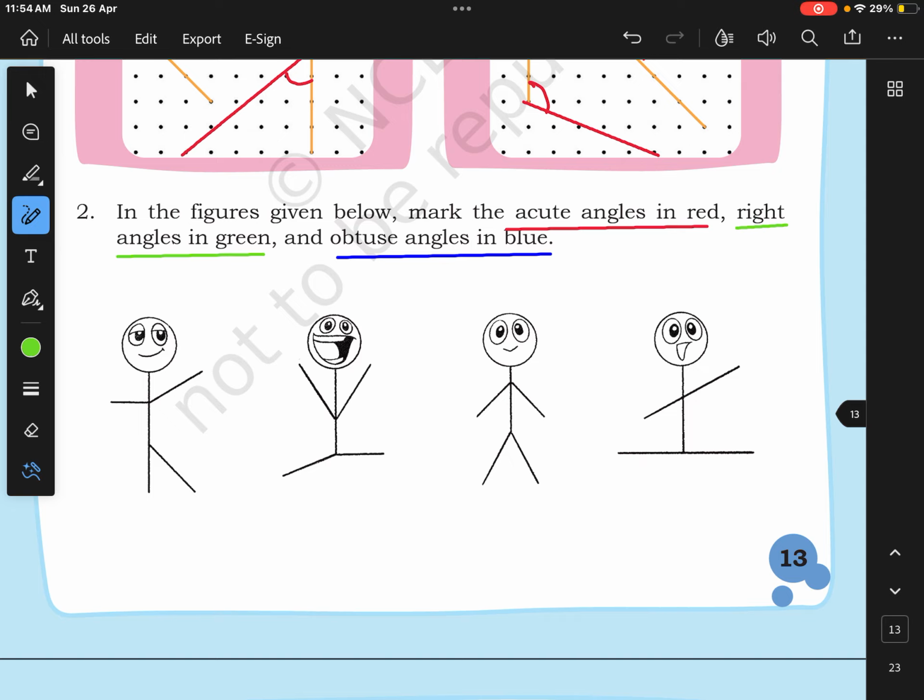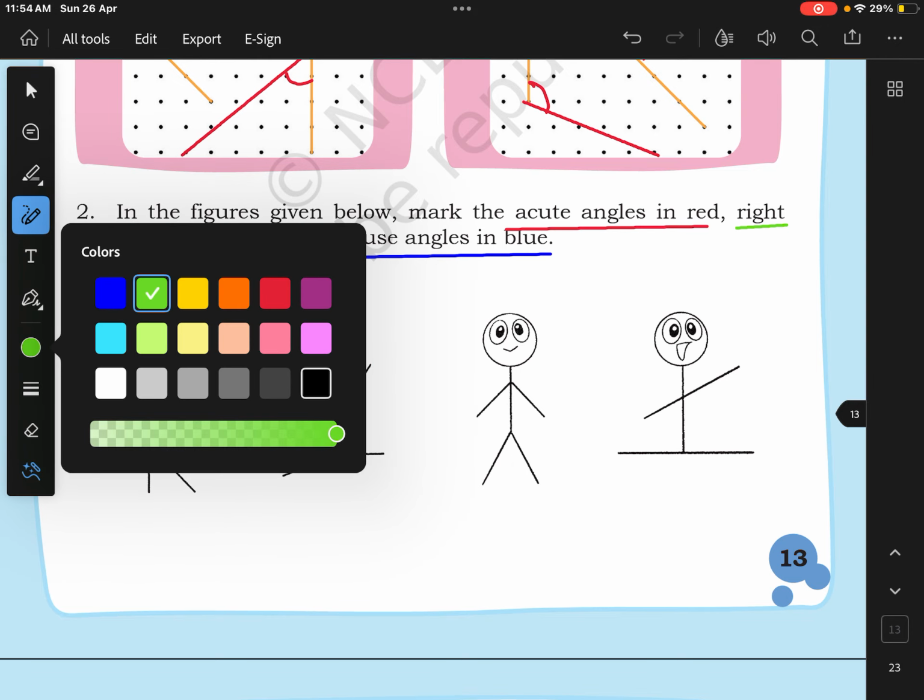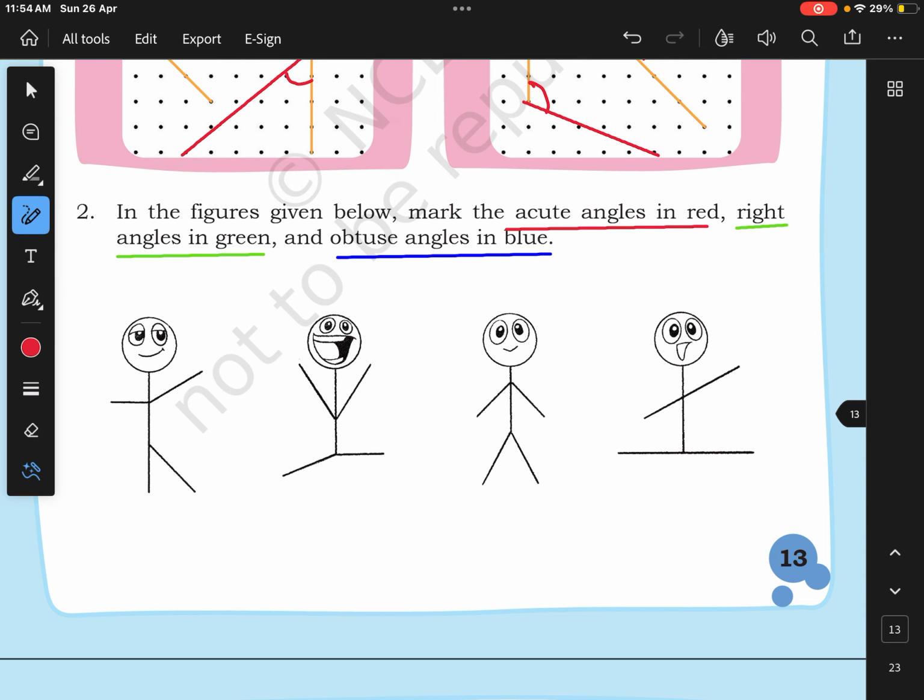Okay, so first we will do what? Acute angle. We will mark all the acute angles. Okay, this is an acute angle. This is an acute angle, this is an acute angle. This is an acute angle, this is another acute, and another acute, this one acute, this one is acute. Are there any other acute angles? Yeah, this one. Oh yes. Okay,